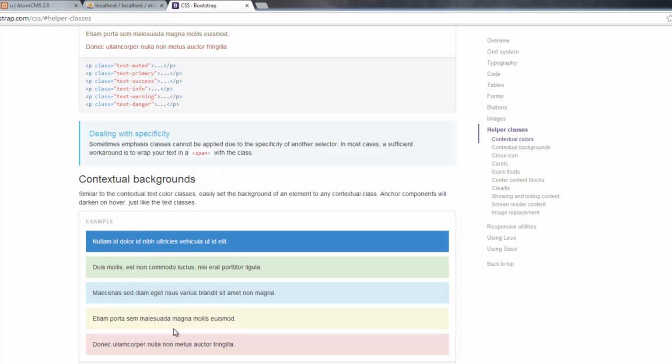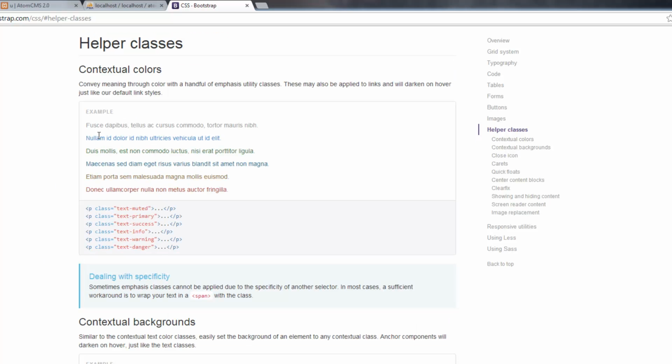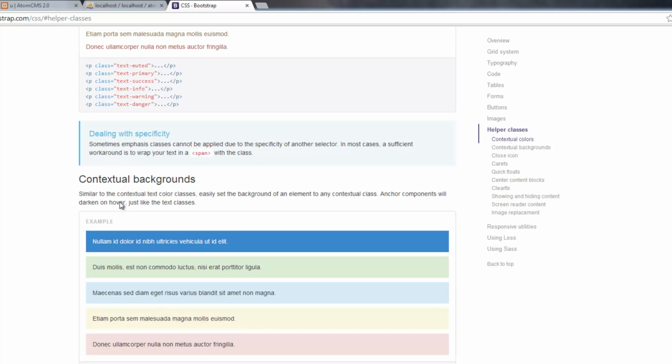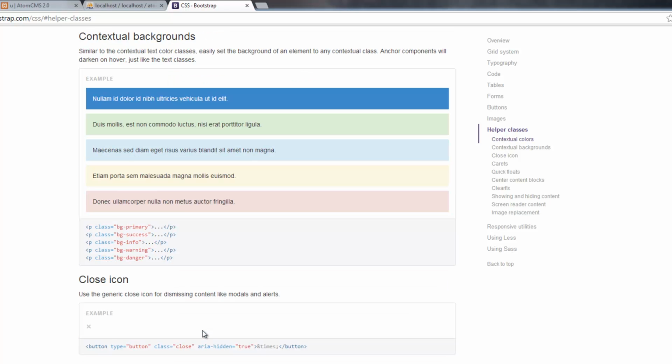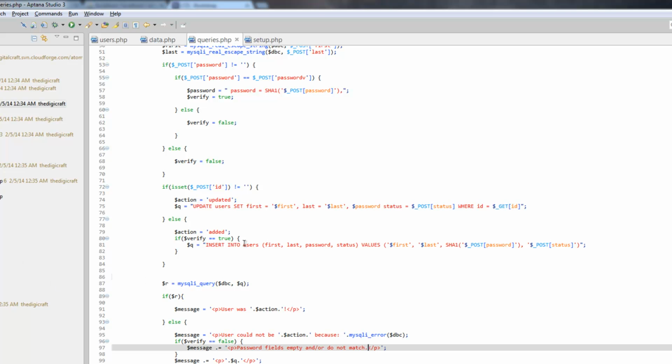We have these options here. Now we could just do the text, or we could make this block here, which I kind of like, this block idea. It's a little more kind of in your face, noticeable. So let's do that. So we want the class BG and then the appropriate, so we're going to do success and let's do danger. So we'll hop back over to Aptana,